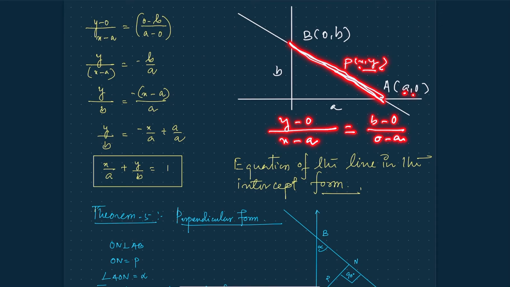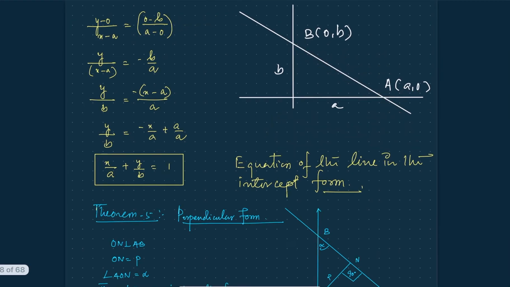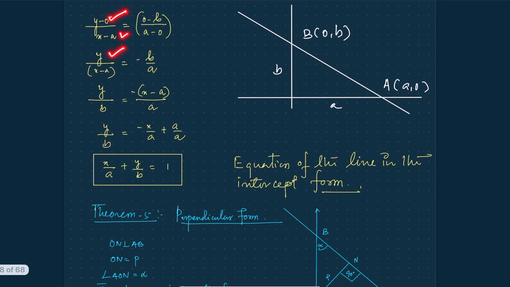Now you see y minus 0 is equal to y, and x minus a stays as x minus a. Now 0 minus b is equal to minus b, and 0 minus a is equal to minus a. Now keep y as it is, and minus b is there, and x minus a, if I multiply it here and bring this b down, it is going to be y by b. What was divided, if it goes to the right hand side, it is going to be multiplied; if it comes to the left hand side, it is going to be divided. That's why y by b is equal to